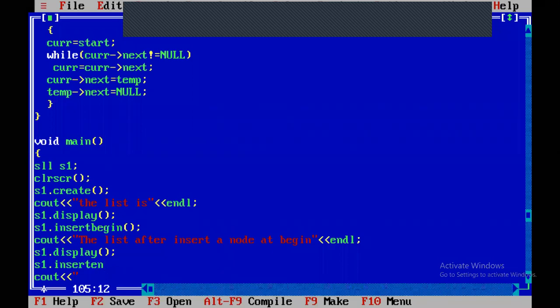Insert n. The list after insertion is n.